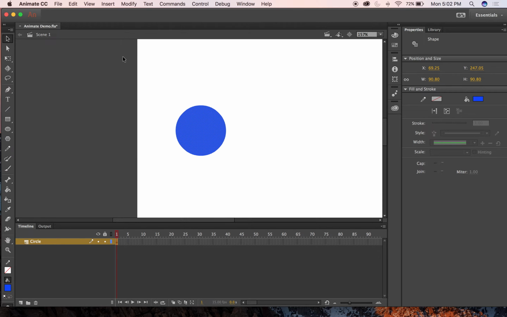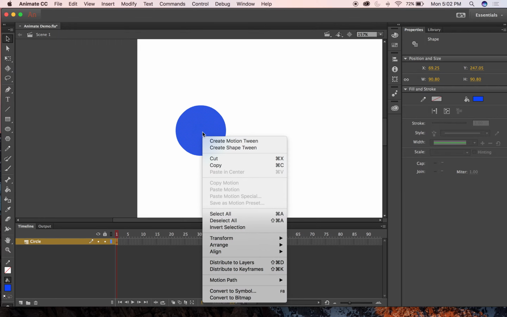So what I'm going to do is select this shape and control click it. This is the first step you take before you start animating this thing with the basic animation properties it has. So you can go down to convert to symbol. This is where